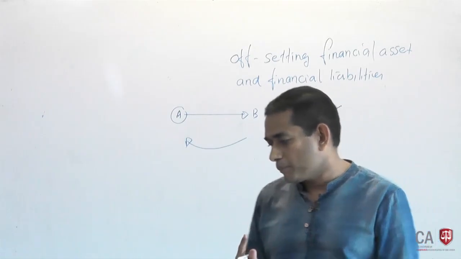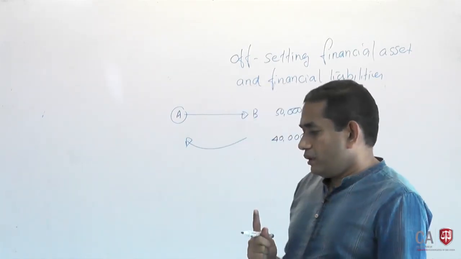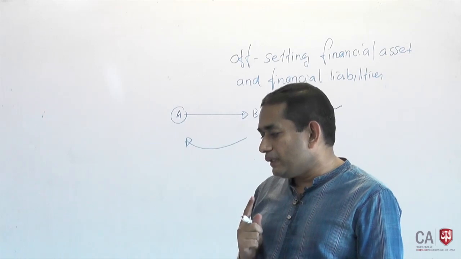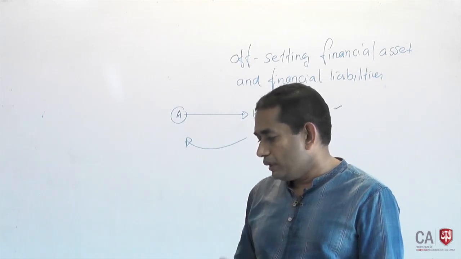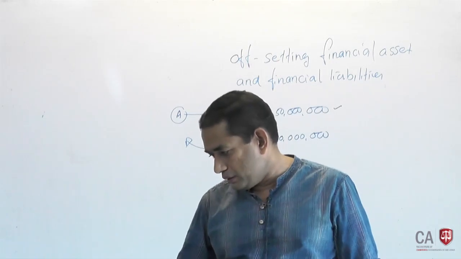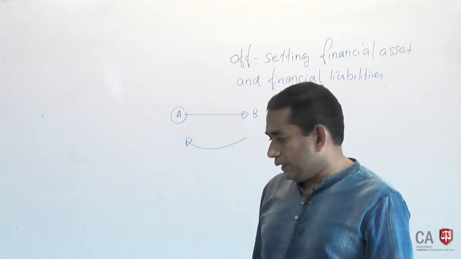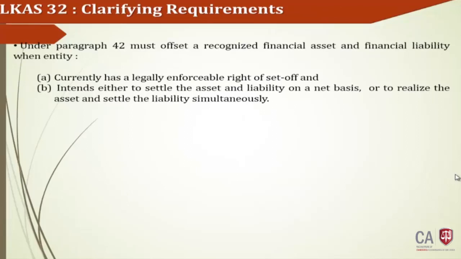It says offsetting is presenting net amounts of financial assets and liabilities. Offset is possible when an entity currently has a legally enforceable right of set off and intends